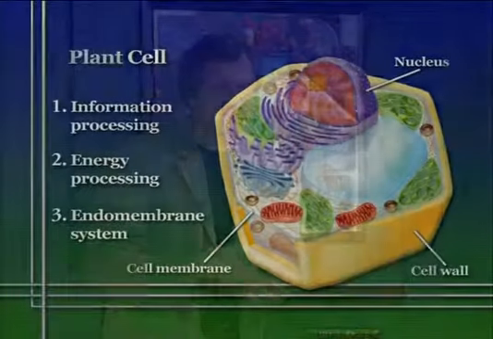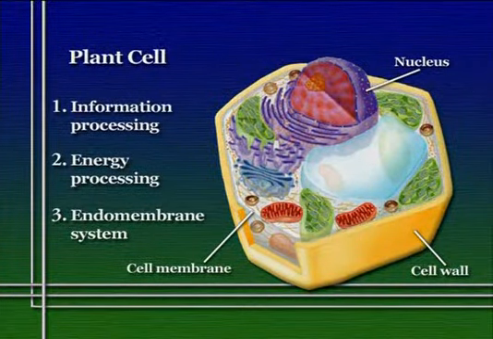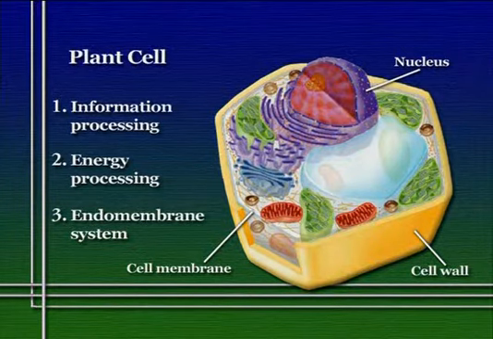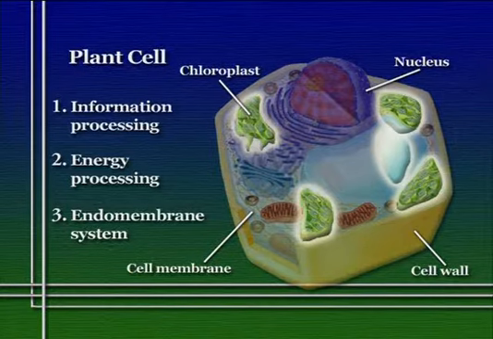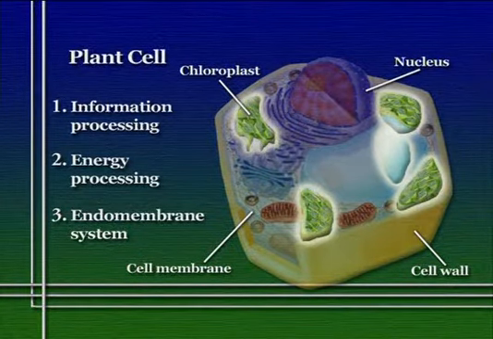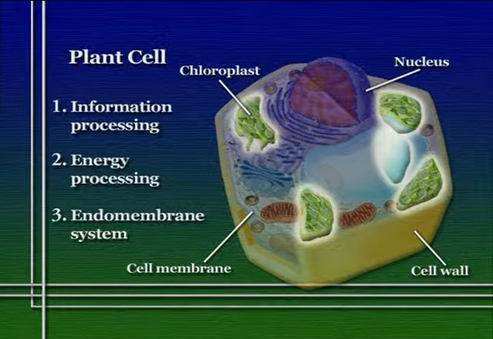Now, the two other main differences between plant and animal cells that we should note are that plant cells have two kinds of organelles that animal cells don't have. One of these I've already mentioned when we first introduced eukaryotic cells, and this organelle is called the chloroplast. Chloroplasts are one of the two organelles we mentioned as energy processing organelles, the other being mitochondria. Chloroplasts are the site, as we'll learn later in the course, where the process of photosynthesis occurs.